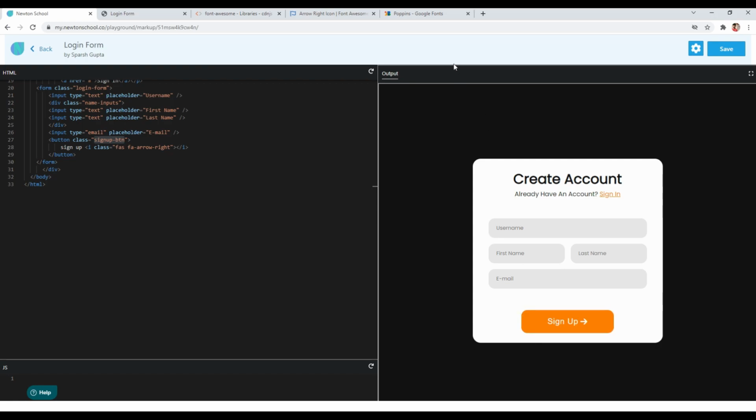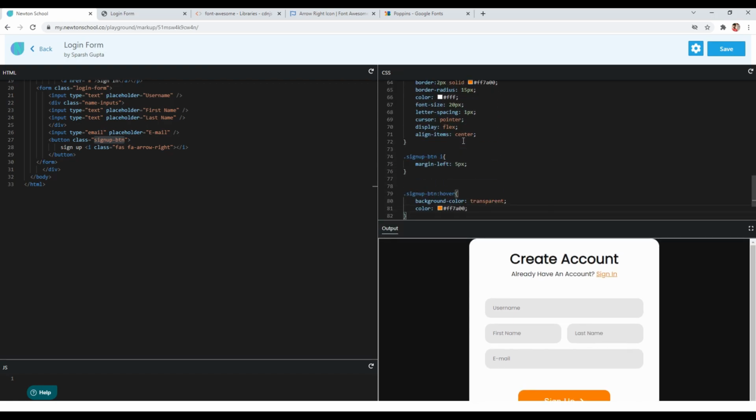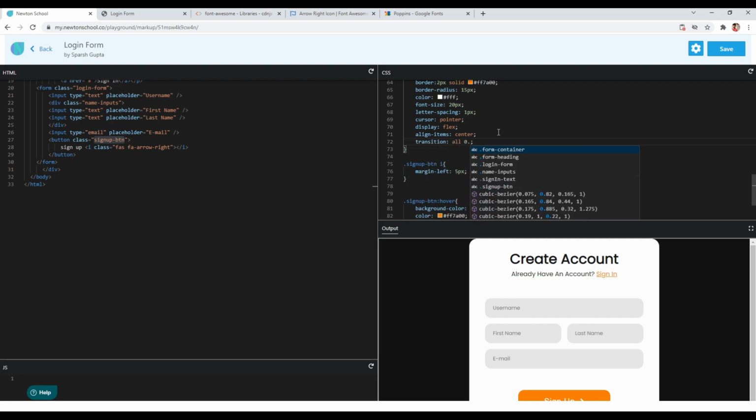So let's use transition in our sign up button. So I will write transition property here, and I will give transition to all the property for now, and I want the transition duration to be 0.3 seconds. And now you can see